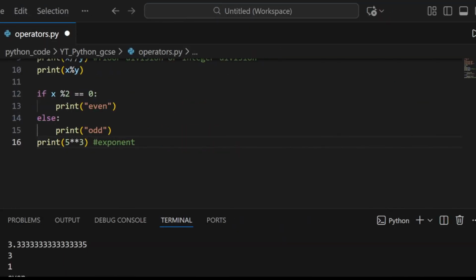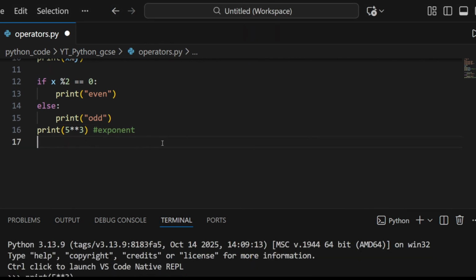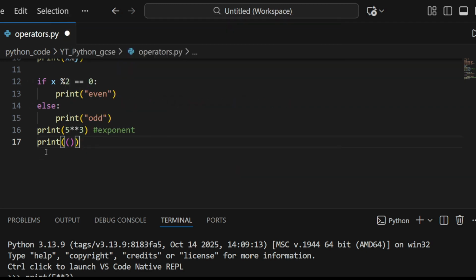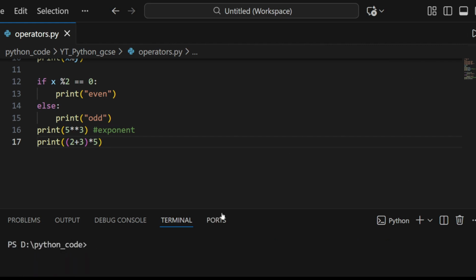Moving back to VS Studio. Let's try doing it. 2 plus 3, times 5. The last output is 25. 5 times 5, it means